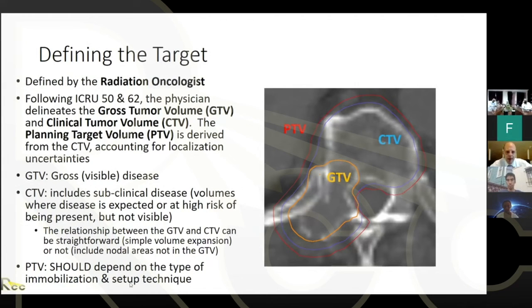And then the PTV should depend on the type of immobilization. Accurately, our margin from our CTV to our PTV may be fairly small. But if it's less rigorous immobilization, it may be a larger margin. The other thing that goes is whether there's going to be motion. So if it's in an area where there's lots of respiratory motion, then that CTV to PTV margin may be